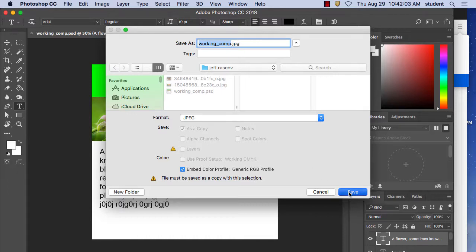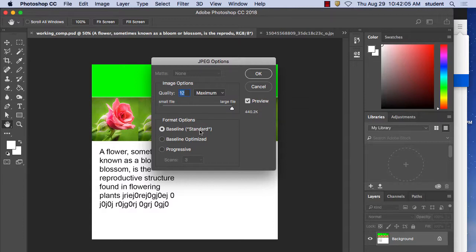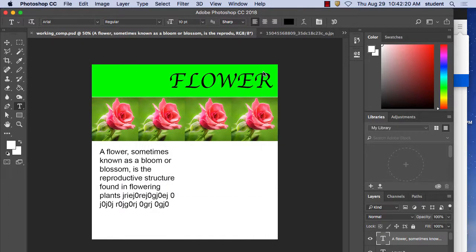And then save that. It's going to come up with a compression option. I'm going to leave it at the maximum right now, but we'll learn how we want to go down probably for websites and things like that someday. So JPEG stands for Joint Picture Expert Group, and let's hit save there. So again, that's all I want you to do for right now. I will save this video